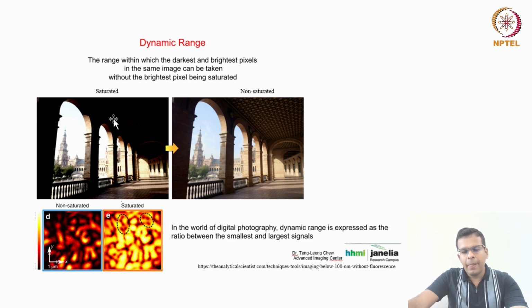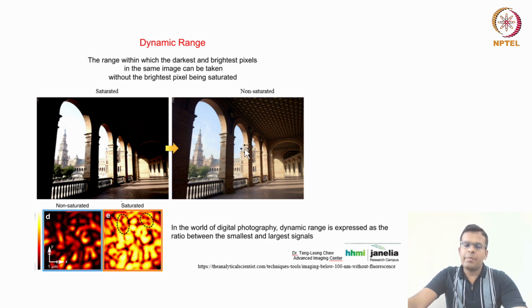Now why is this saturated? Because the camera exposure time was set in such a way that these very bright pixels, maybe the light of the daylight, are actually saturating the pixels. And that's why you cannot see the detail on this ceiling in this image, whereas here the camera pixels are not saturated, so you can see these structures well, you can see the color of the sky also, and also you can see some details on the ceiling of this corridor.